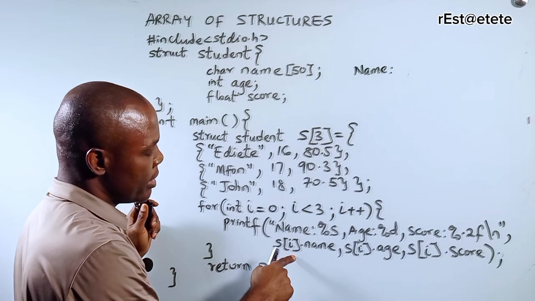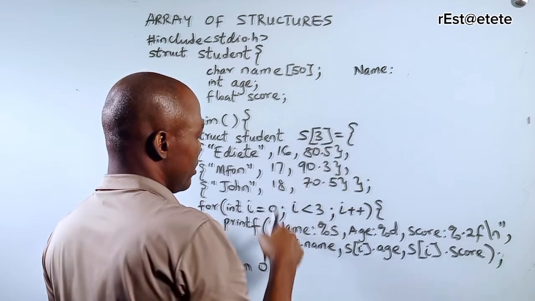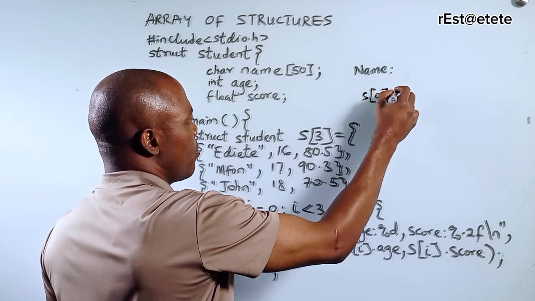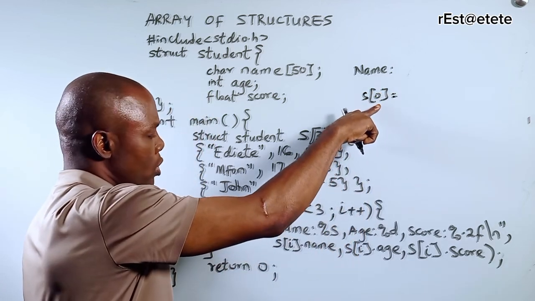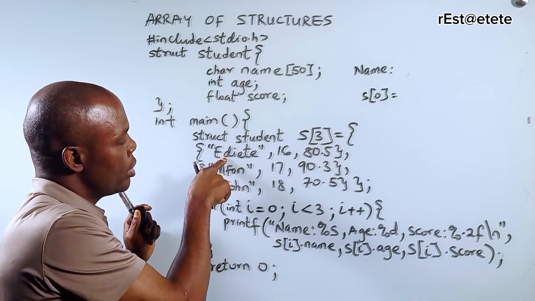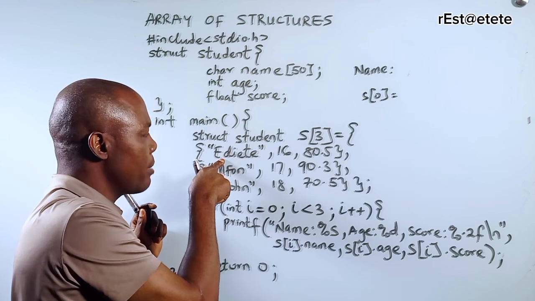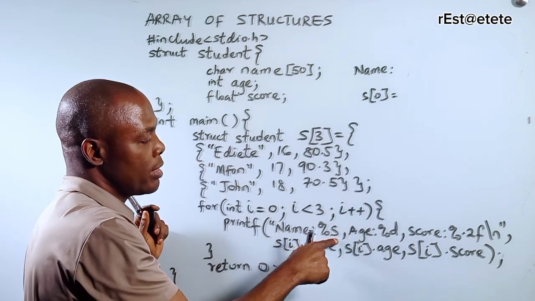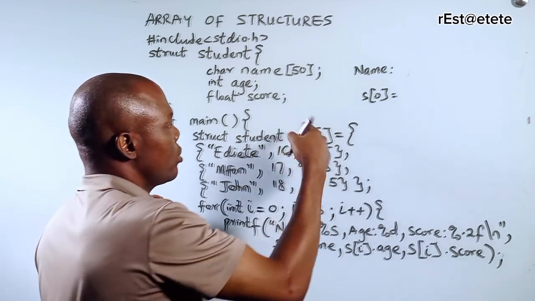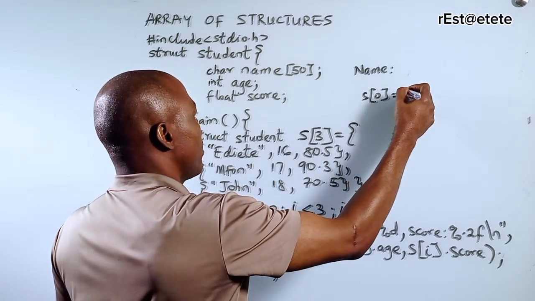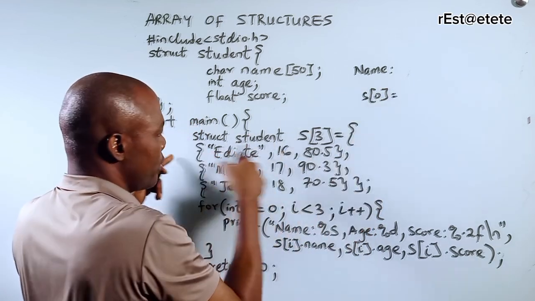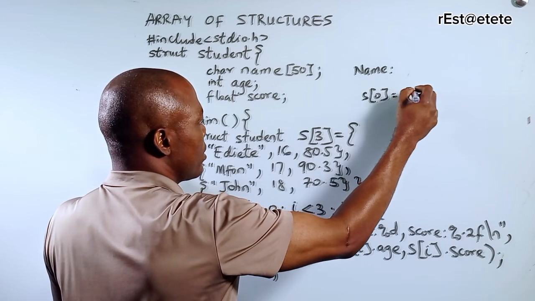Then it will access this. So this s[i], since i is 0, s[0] will point, this one becomes a pointer that will point to the what? To the name, to the first box of this name. And then this %s will start to iterate. It will cause printf to iterate. So this one will print out s[0] is going to point to this first one, and then it will print out